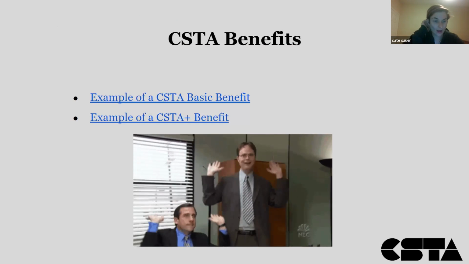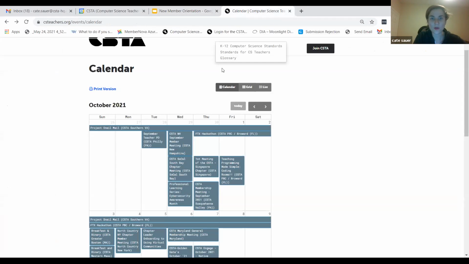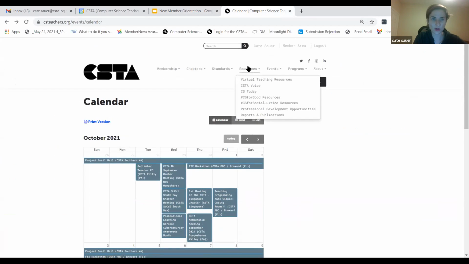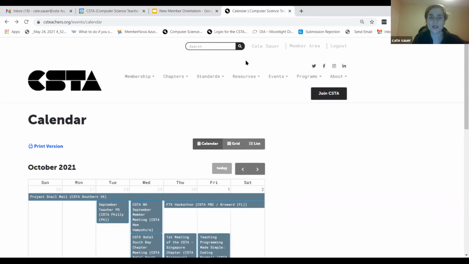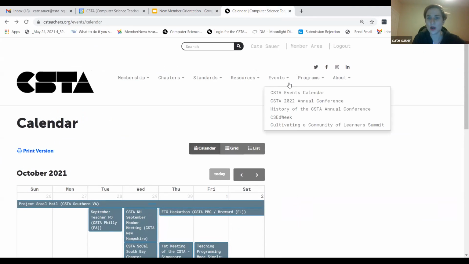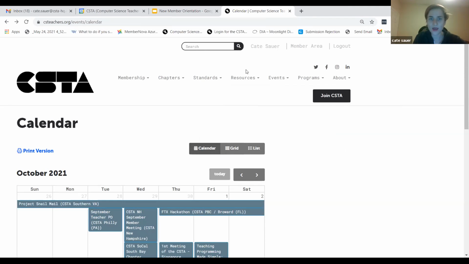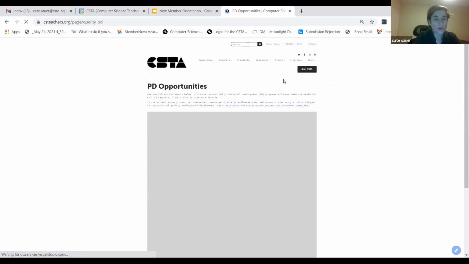Awesome. So I'm going to go ahead and show my screen. I think a great way to show an example of a basic benefit is, you can see I'm logged in, and again, feel free to ask questions, you can see I'm on the website. Before I showed the events calendar, membership, how to log in up here. One of my favorite things on here is under the resource section, the professional development opportunities. And so what this is